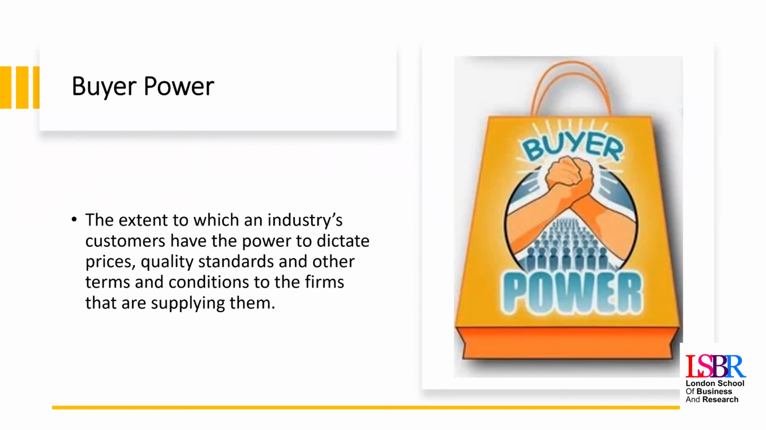Buyer power. So buyer power essentially looks at things like the extent to which an industry's customers have the power to dictate the price, the quality, and the standard of product. Okay, so buyer power is the power the customer has. Now again, the customer will have more power if there's lots and lots of suppliers. So, you know, if I'm looking to buy a new mobile phone, for example, now,